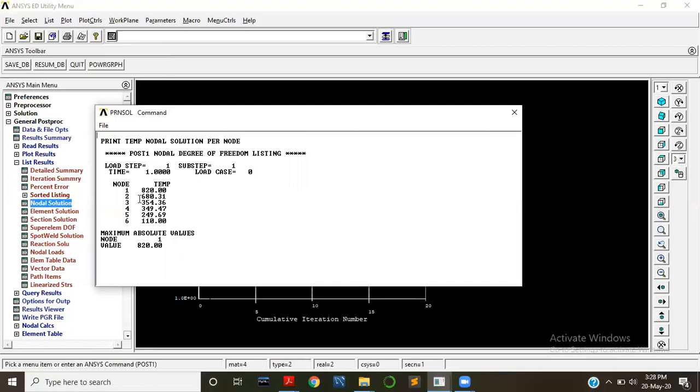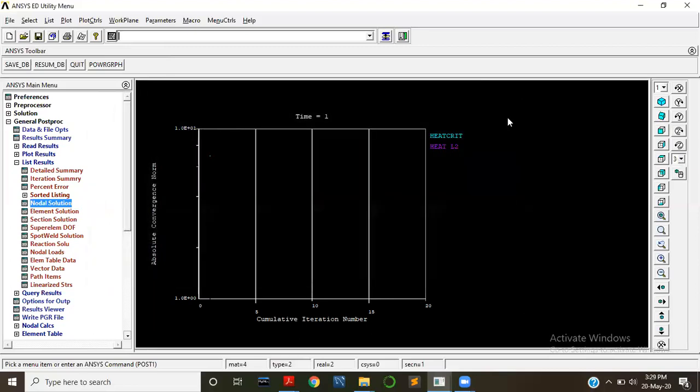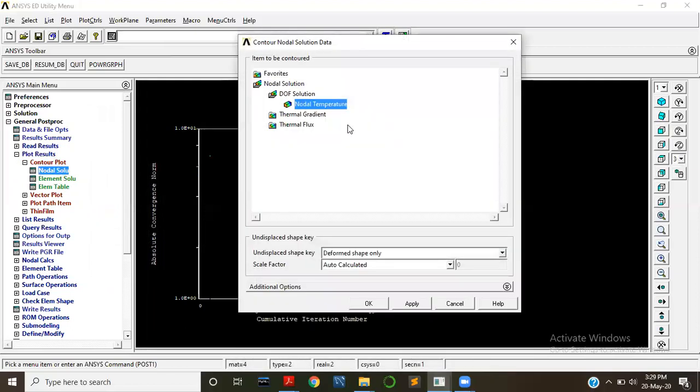So this is the one result what we need, nodal temperature. That is the temperature at all the 6 nodes, different nodes. And then general postproc, plot results, contour plot, and that nodal solution, DOF solution, nodal temperature.